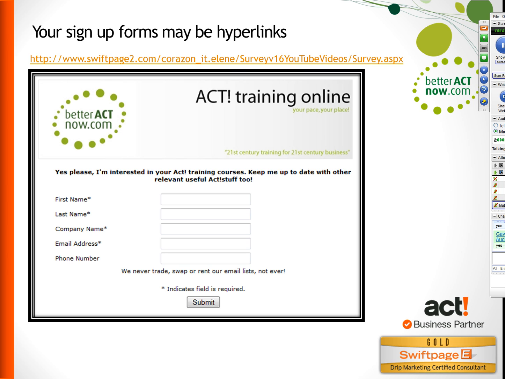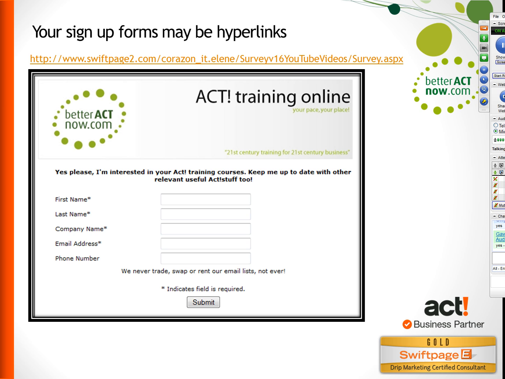And of course, if you're using forms that are hyperlinks, you can put them on any sites like LinkedIn, Google+, across the web. I use those all the time. And of course, you can see the hyperlink for that form is really long, so I would probably want to use a shortener.